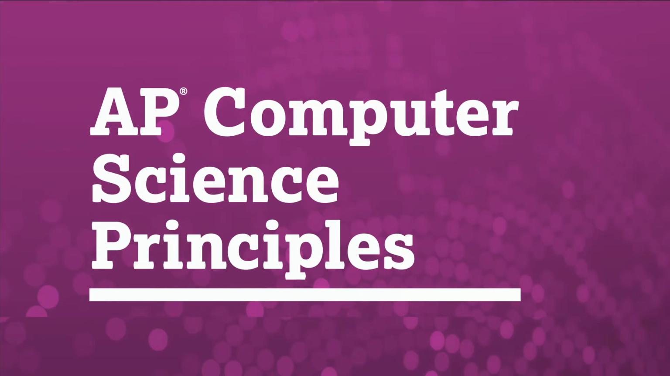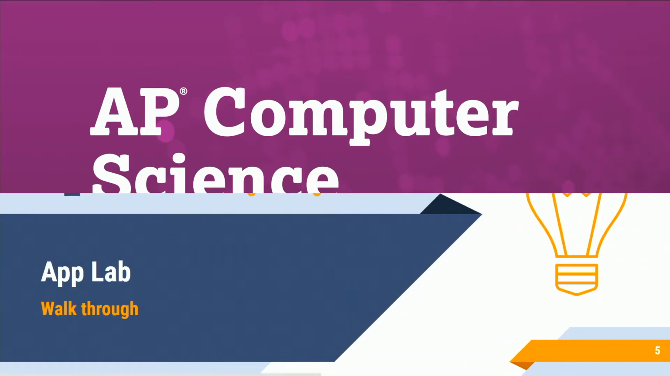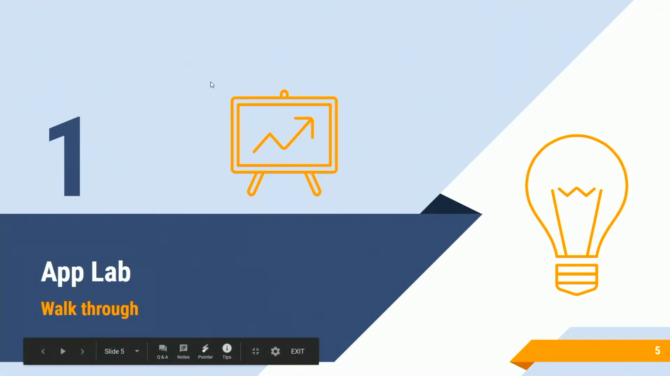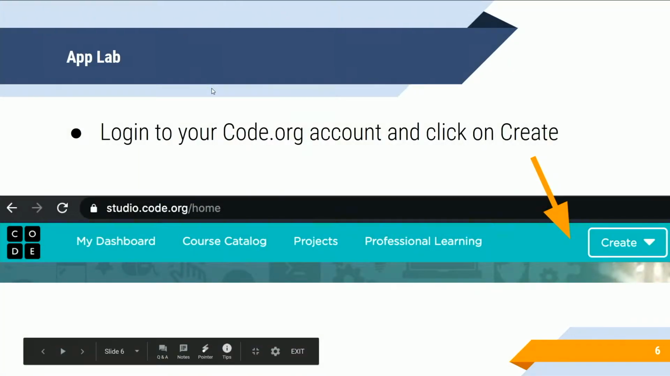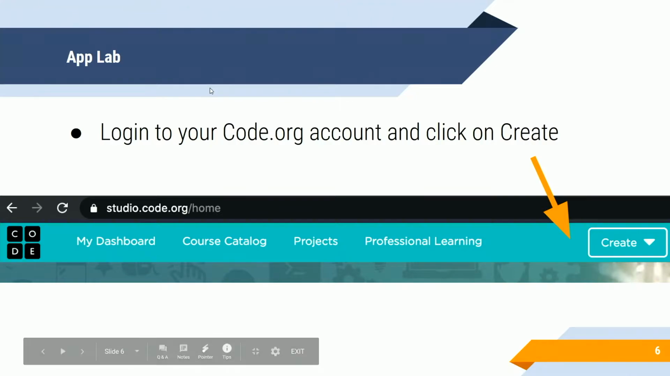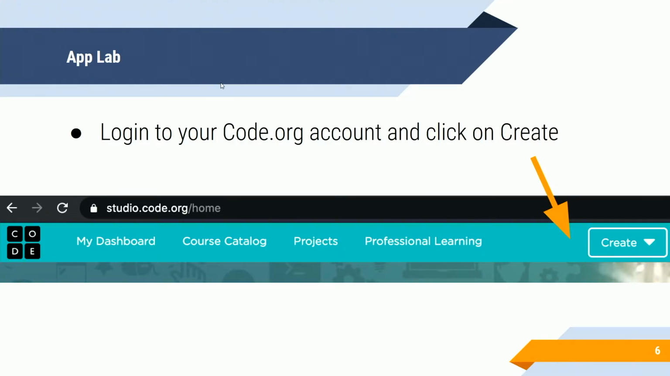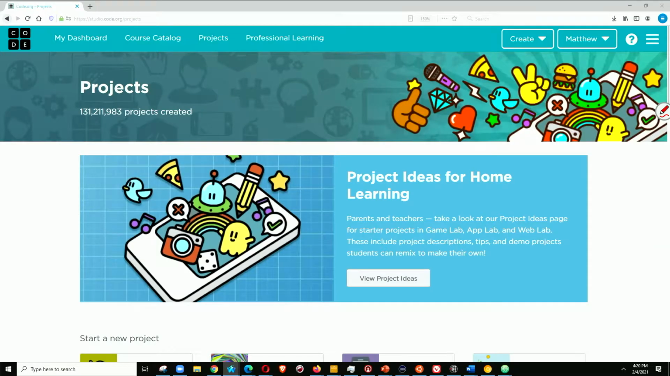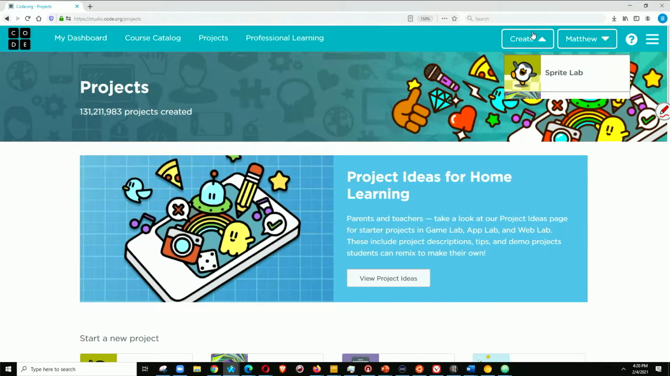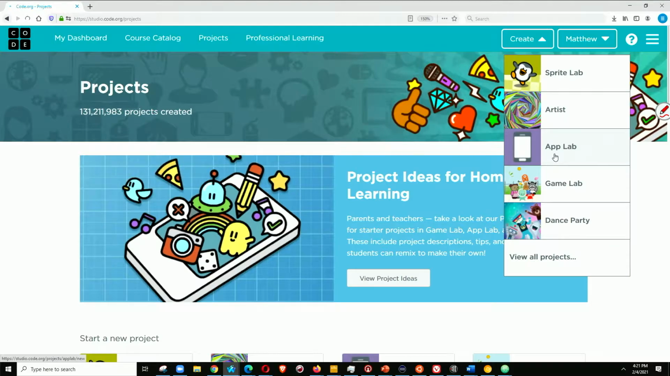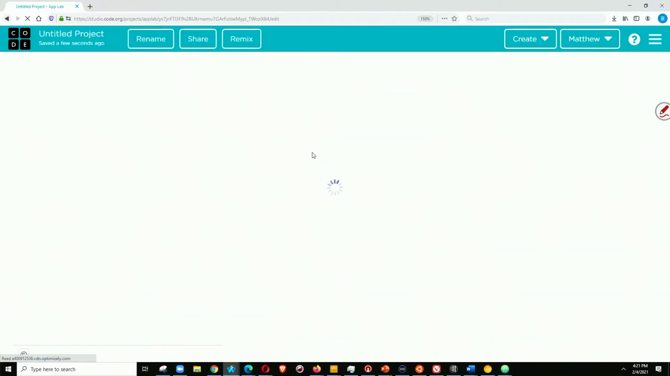Alright, in this video we're going to work with AppLab and create a menu system for our code. So I'm going to walk you through using AppLab. The first thing you should do is log into your code.org account and click on Create. I'm going to go over to my code.org window, and we're going to click on Create. We're going to go down to AppLab,